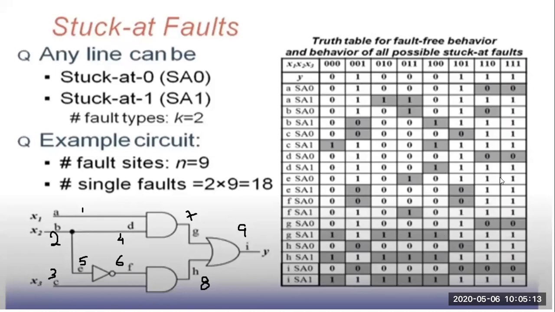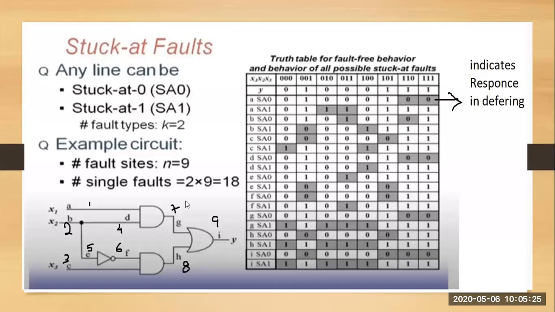Within all these combinations, when we define what is fault equivalency, what is test pattern equivalency or dominancy, how we are going to define all these, here we are going to represent it. Each and every indication, as you can see here, the gray indication represents the response in differing their output. You can see 0, 1, 0, 0, 0, 1, but at the output side 1, 0, 1, 0. These two differ when the logic is set with all the test patterns and stuck at 0 for A input.